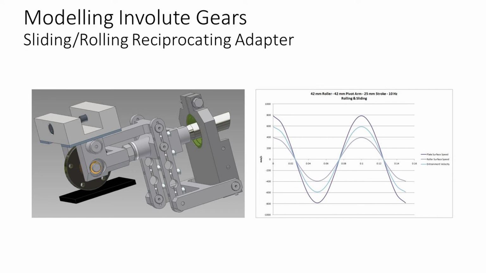In this device, a crowned or flat roller is reciprocated with a linkage connected to the side of the roller opposite the tribo contact. As the roller is reciprocated, the RVR changes with stroke position, with the RVR equal to 1, pure rolling, at the mid-stroke position, and the RVR less than 1, rolling and sliding, away from the mid-stroke